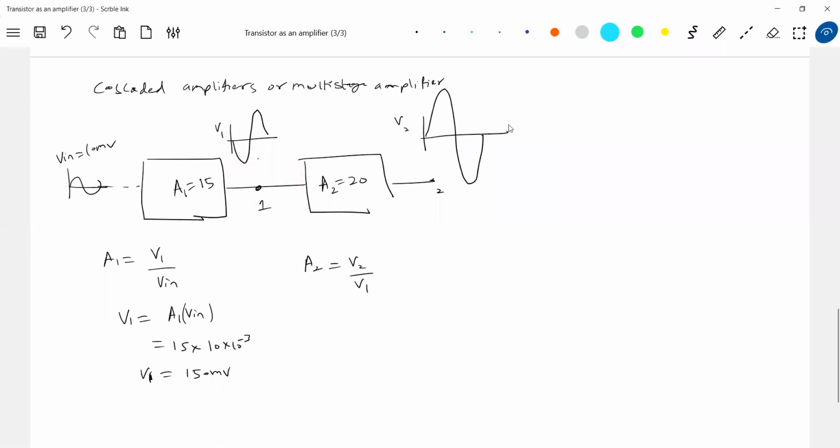So usually what happens, we use multi-stage amplifiers. Two stages or three stages will be used, and they'll be carefully designed. Of course, the negative sign should be there, as per the basic definition. Now what is A2? 20. V2 we don't know. What is V1? Minus 150 into 10 to the power of minus 3. I think I'm getting 3 volt.